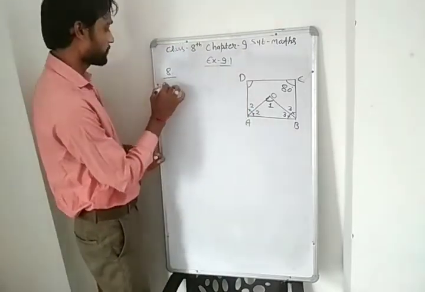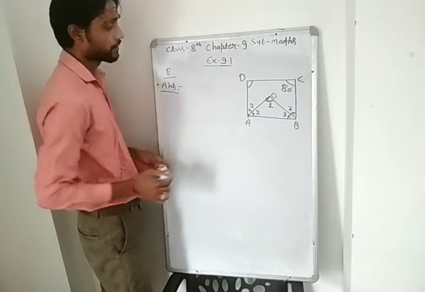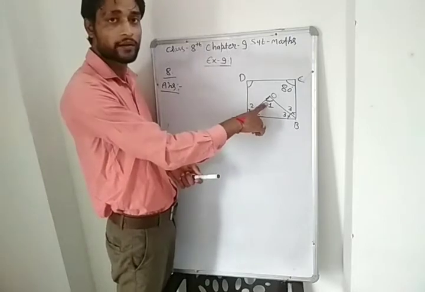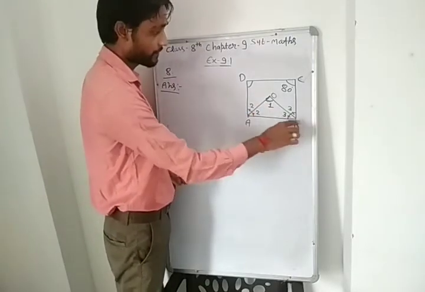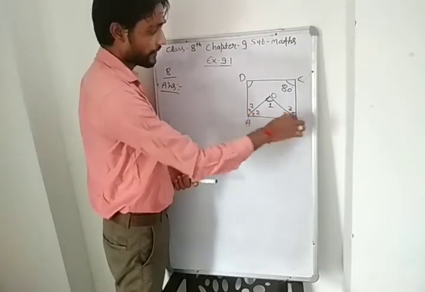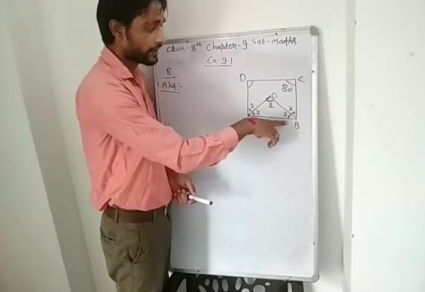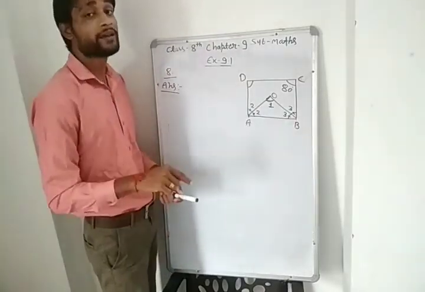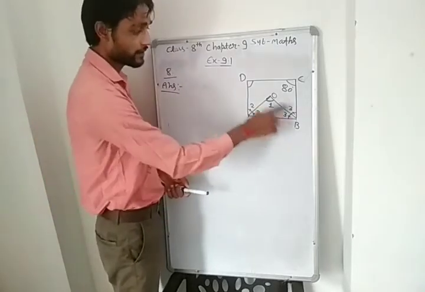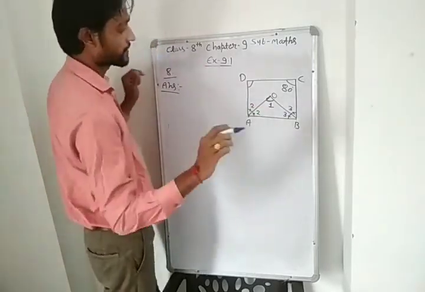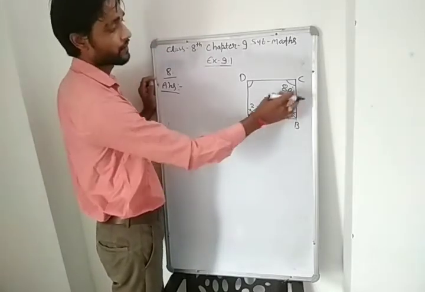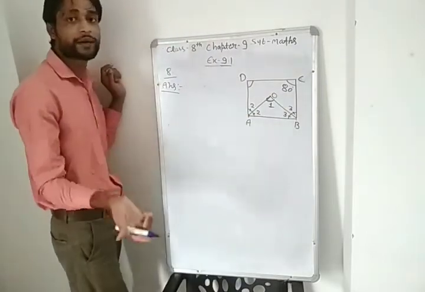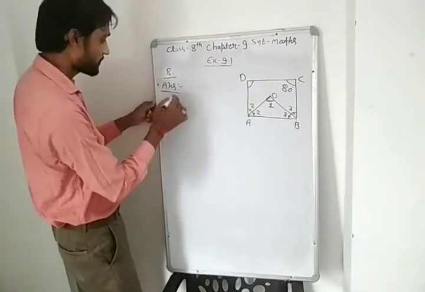Okay, so let's move on to our solution part. If you want to calculate the value of 1, and this is triangle AOB, if you find out the value of angle 2 and the value of angle 3, then you can easily find out the value of 1 by applying the angle sum property of a triangle in triangle AOB. Okay, so first we are taking here angle C is equal to angle A. All of you know that. Why? Opposite angles of a parallelogram. Okay, so here we will write our solution.